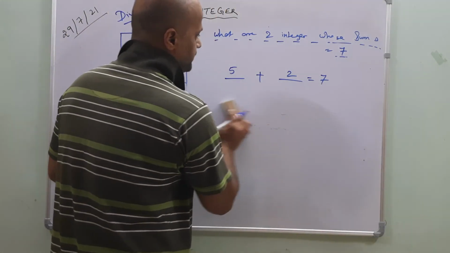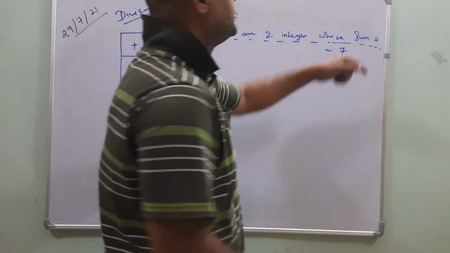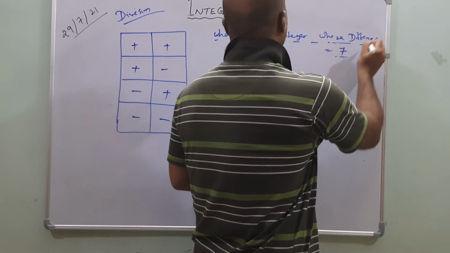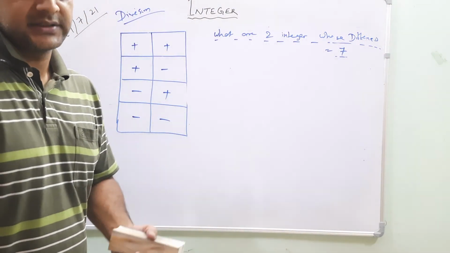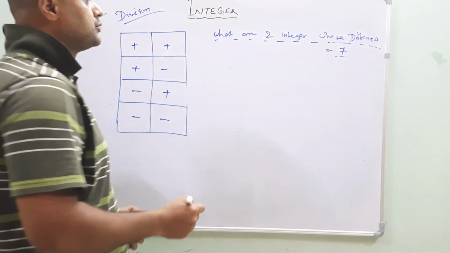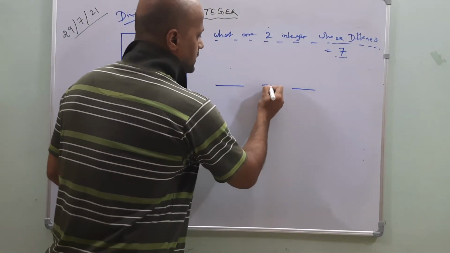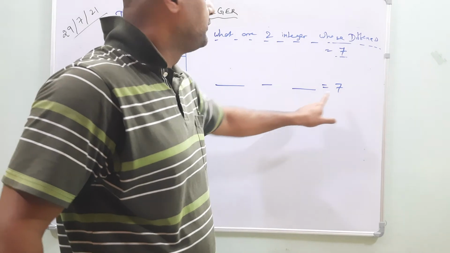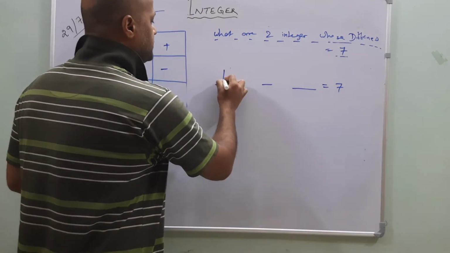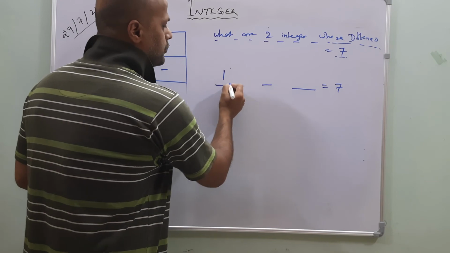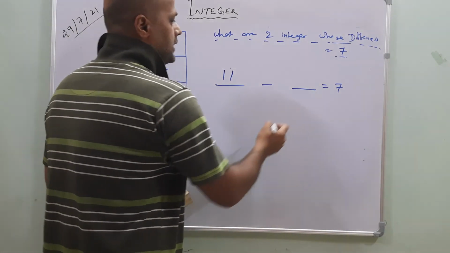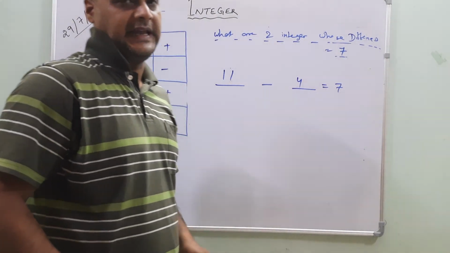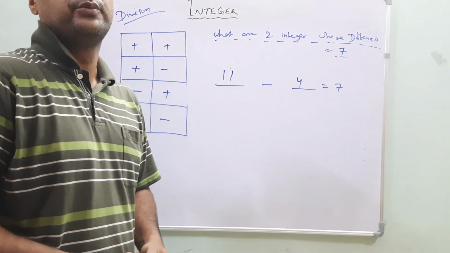Okay. Now, if it says whose difference is 7, suppose first we said their addition, the sum, is this much. Now the difference is how much? Difference means what? Again, make a statement. Difference is equal to 7. Okay, this is the plus one. If the difference will come, what will we do? Then the positive integer is the greatest one. So what do you have to do? Let 11 minus 4. It is 7 or not? Okay, 11 minus 4 is equal to 7. In this manner the questions are coming, so you have to do it carefully.